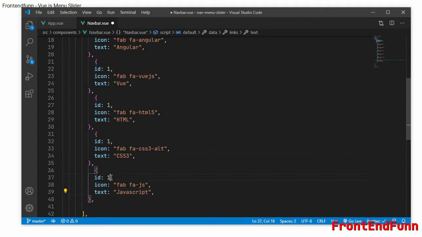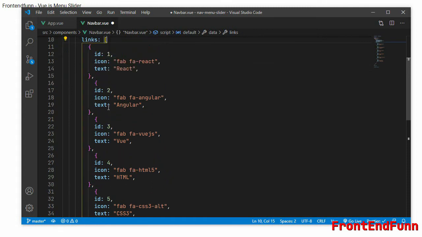I'll quickly change the IDs also: 5, 3, 2, and 1.